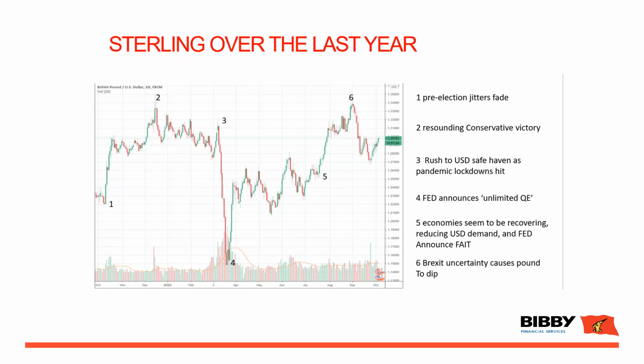So this basically means that the US won't be raising interest rates anytime soon. They've actually said 23 would be the earliest they could see any interest rate rises. Again, weakening the dollar